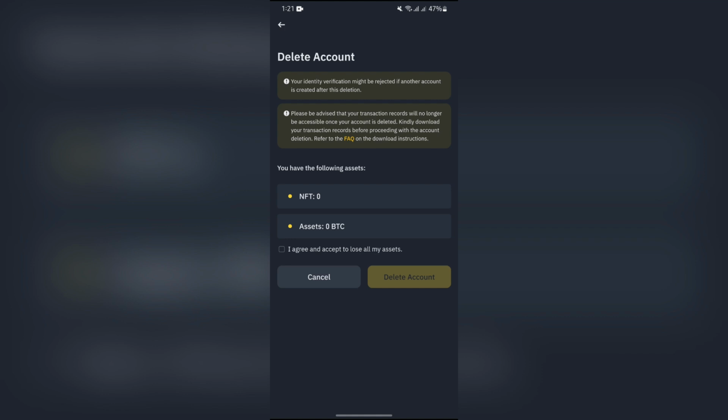And now at last you will see this page where you can see all of the assets that you have here. Just simply check this box for I agree and accept to lose all my assets. It means if you delete your Binance account, you will lose all of your NFTs and assets that you have. Just simply tap on delete account now, and then you just simply have to